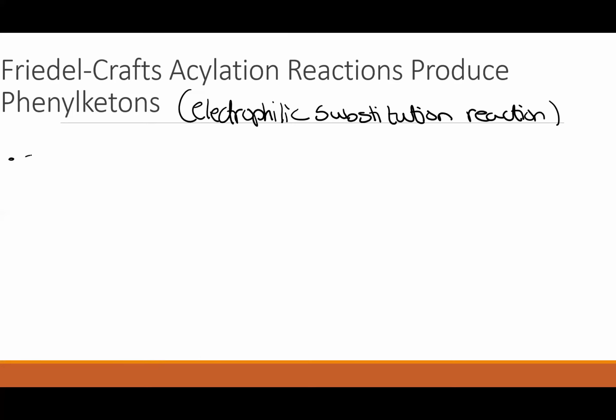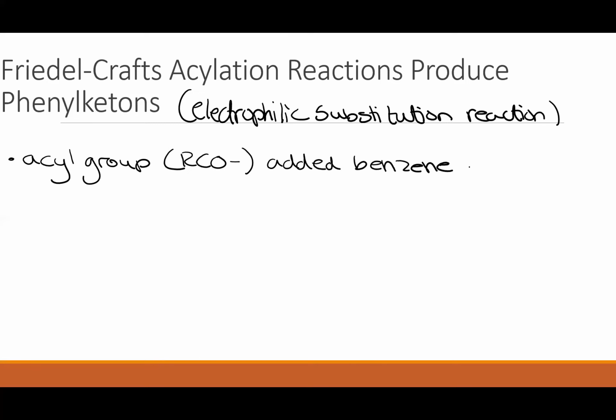So we're going to add an acyl group, which you should remember is RCO, to the benzene ring. And what happens is an acyl group is added to our benzene ring. And once that acyl group has been added, then the side chains can be modified using further reactions to make